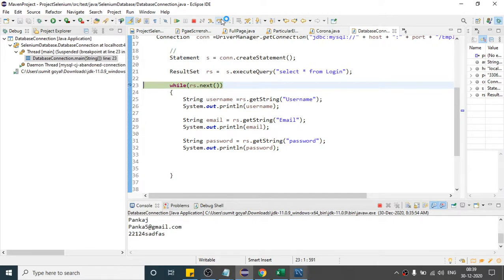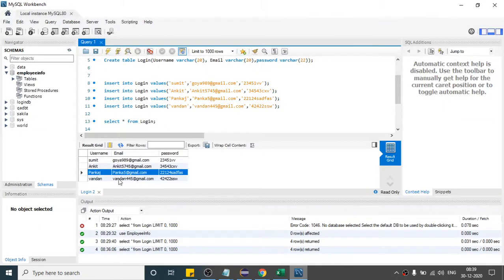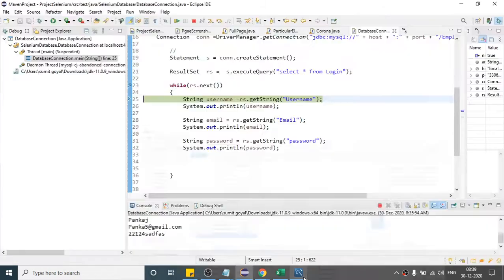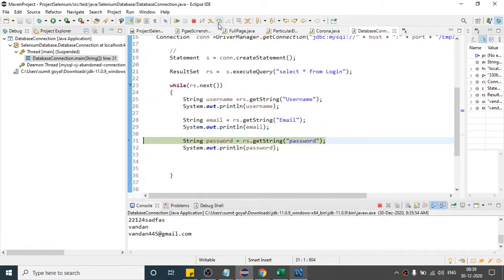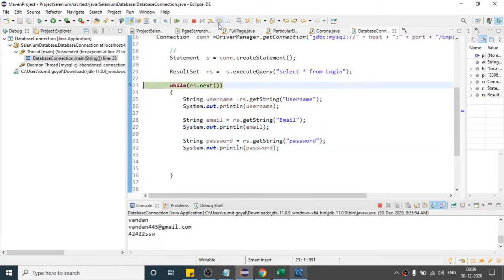And final time again condition true because one data is present. So now rs is pointing to the last data which rs has. So this time it will return the username, Vandan, email, and the password, right?